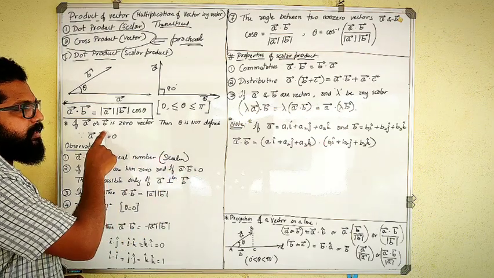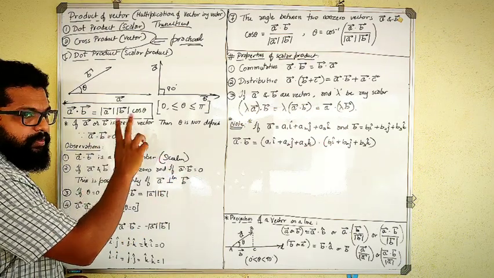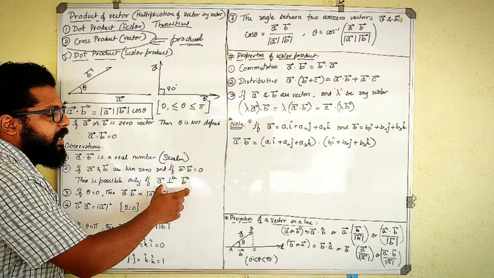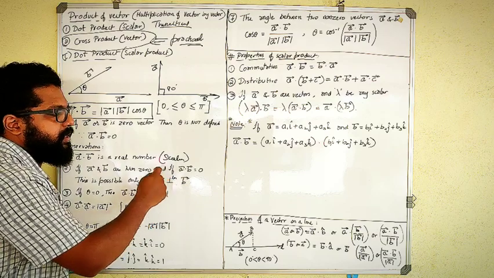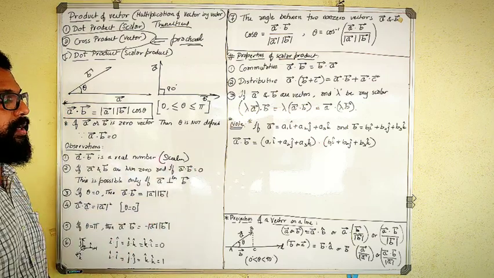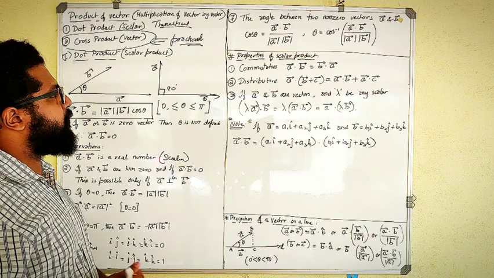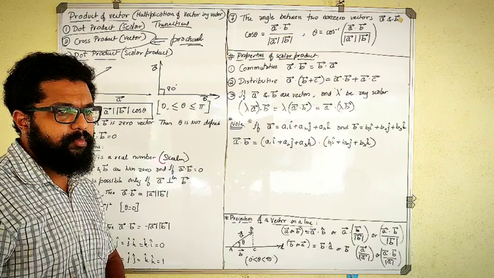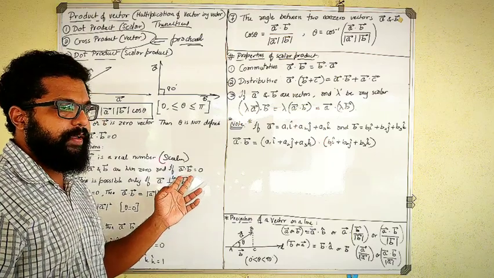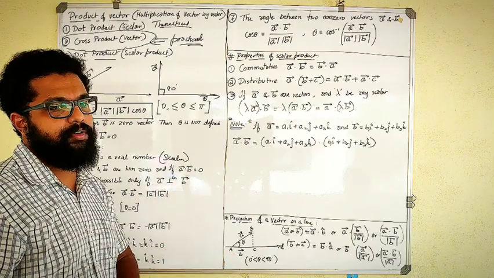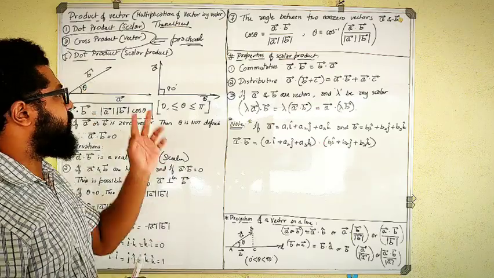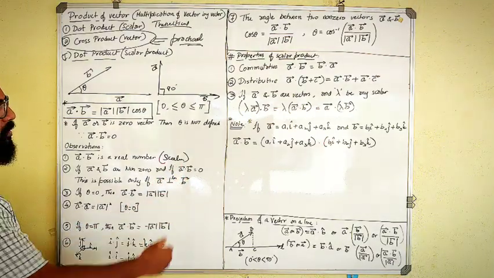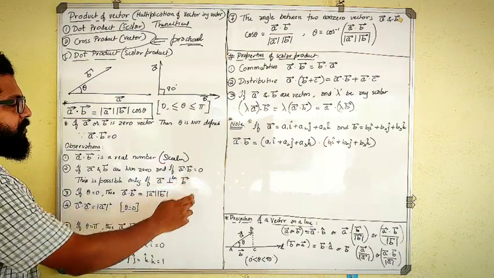One possibility of obtaining the dot product 0 is that either one of the two vectors is 0. Or another way is, if the two vectors are not 0, then A is perpendicular to B. And this observation will be useful if they ask you to prove that two vectors are perpendicular to each other. That time what will I do? Simply I find the dot product. If I get the dot product as 0, then they are perpendicular to each other. Clear? They will have given that A and B are non-zero vectors, that will come across when you are solving that particular problem. So this observation is important.